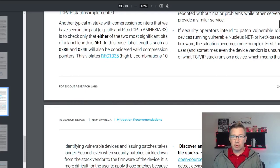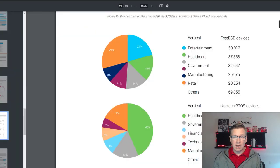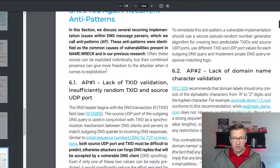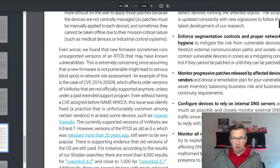The report even goes on further to say, actually it's probably down here, I believe, right here. This is the even more concerning part, starting right here. Even worse, we found that the new firmware sometimes runs unsupported versions of RTOS that may have unknown vulnerabilities. This is extremely concerning, since assuming that the new firmware is not vulnerable might lead to serious blind spots in network risk assessments. As an example of this, CVE